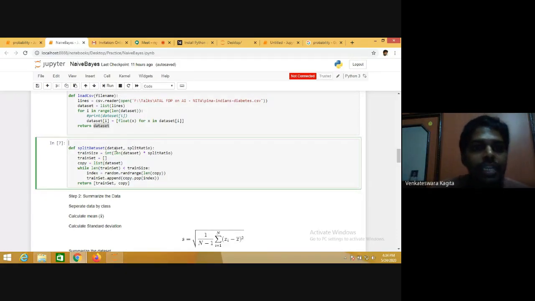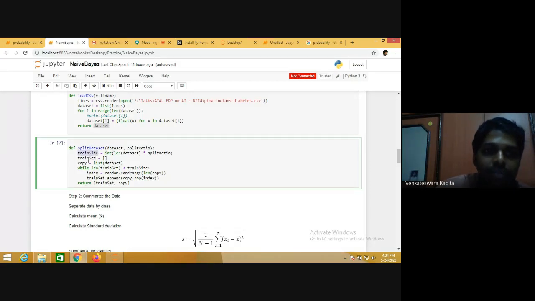Here it is finding the train size and the test size. If the split ratio is 0.67, it means that 67% of the whole dataset should go to the train set. So the length of the dataset times the split ratio will give the train size.